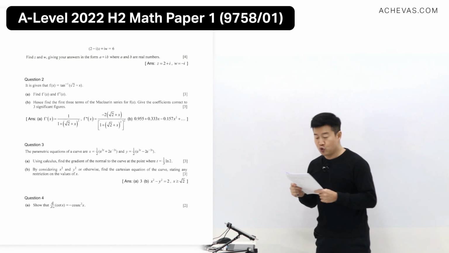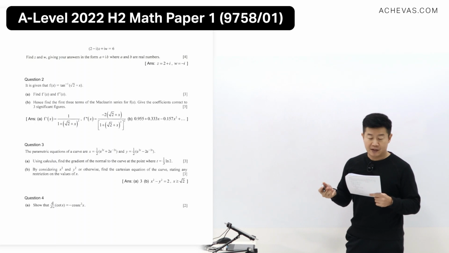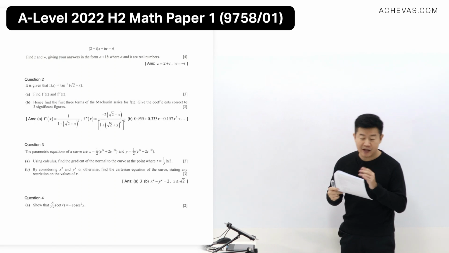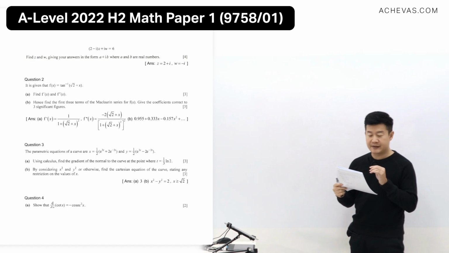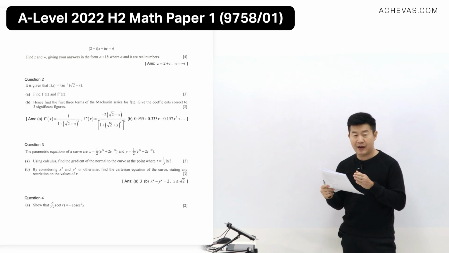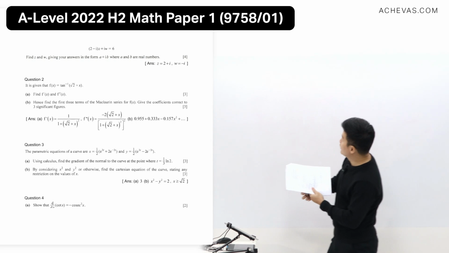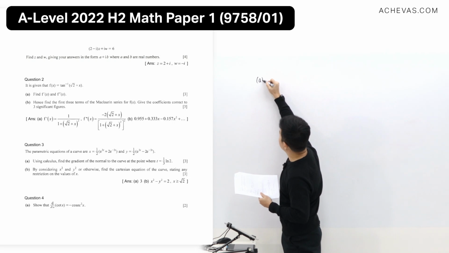And question number 2, we are looking at a Maclaurin's question where part A requires us to differentiate f(x) 2 times. So we are going to be getting f prime x and f double prime x. And I think what I am going to try to do is, instead of working with f(x), which I think is still fine, it's just that what if we were to try to do a bit of change